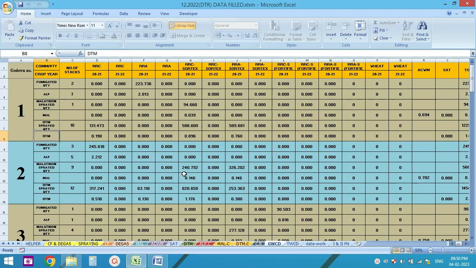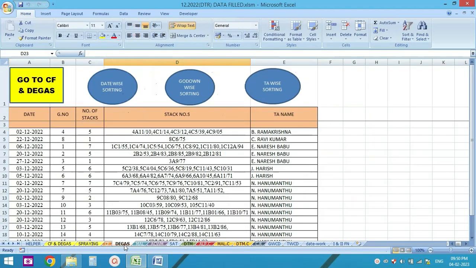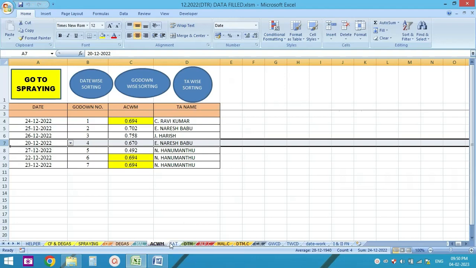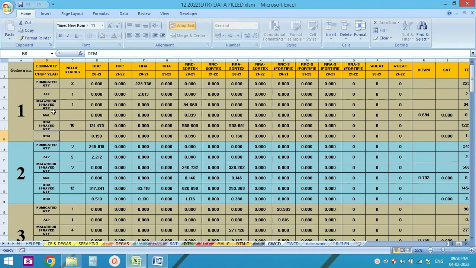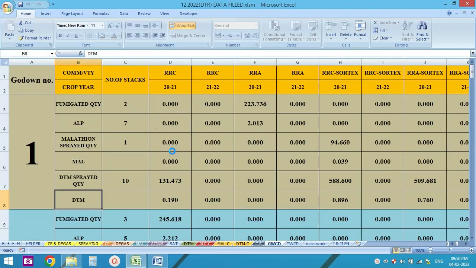All the data are present in these different types of sheets: cover fumigation, degas, malathion, air charging with malathion, surface area treatment, and delta methane sheets. The data which is present in these 6 sheets is going to be consolidated as per the Godown numbers. Here you see this is the GWCD, Godown wise consolidating of data, and here you see the header Godown